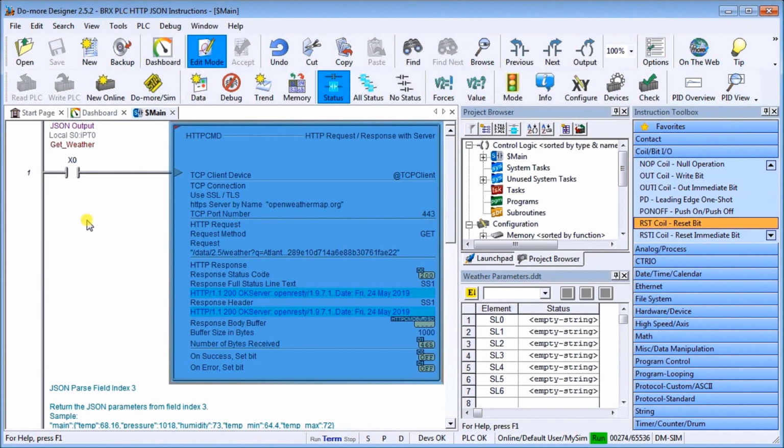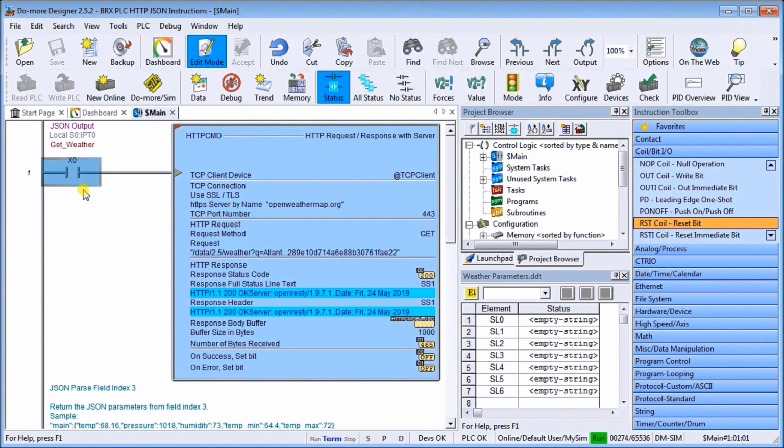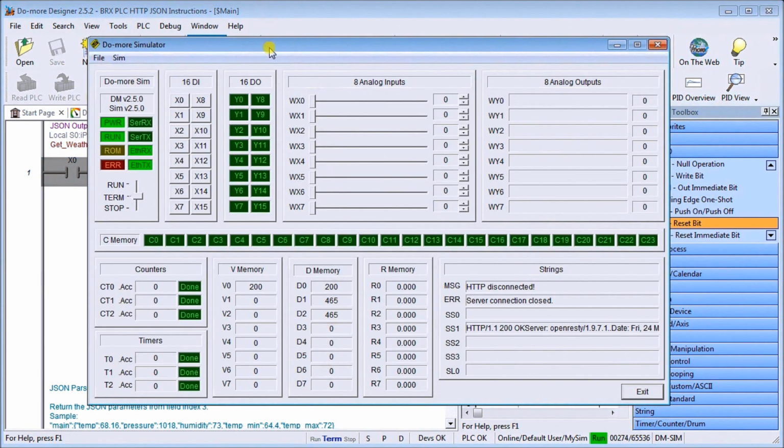Let's just close that down, and you see that input X0 will activate this instruction. This marking right here means that we're going to use it on the rising edge of the input. So when that goes on the rising edge, we bring our value back in. So if we do that, let's again call up our simulator, and it's on